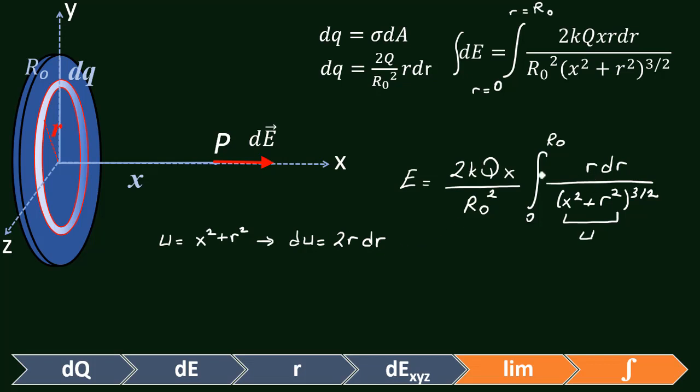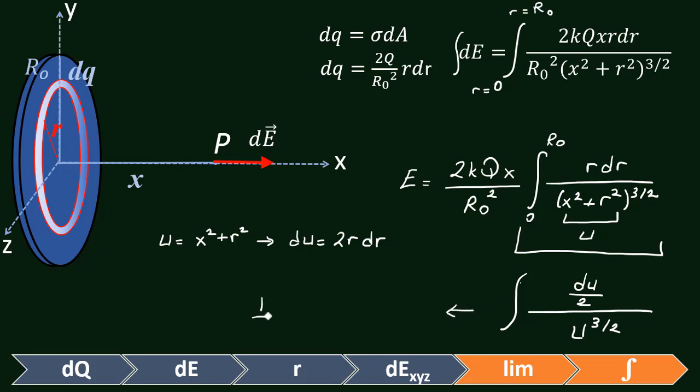So now let's go back to this integral and rewrite the parameters. Here we have in the integral r dr up top. r dr is half du, du over 2. And here we have u to the power 3/2. So this is a rather easy integral. We have 1/2 as a constant, and we have du